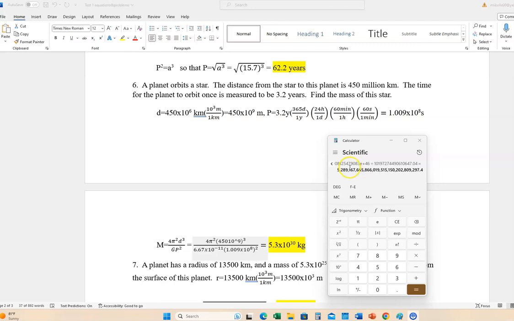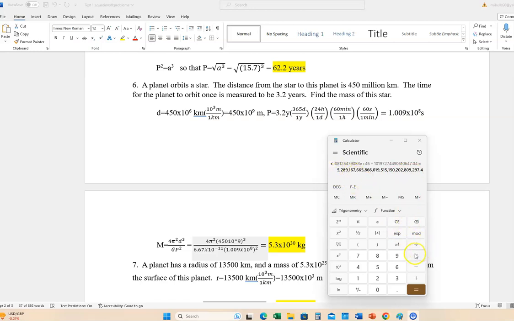Oops, I miscounted. Anyhow, I know that it's going to be 5.3 times 10